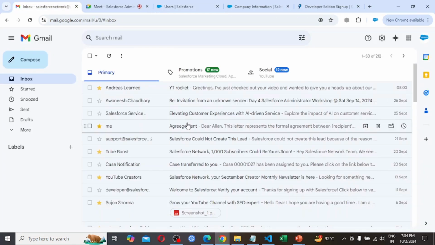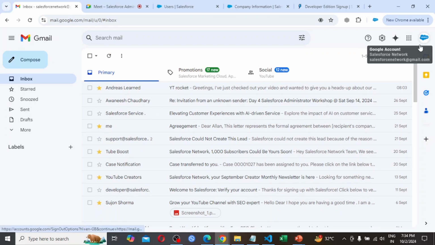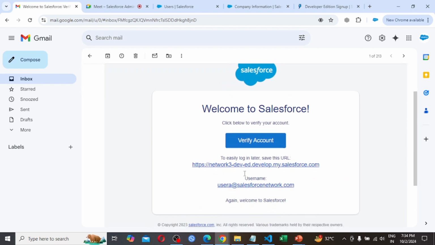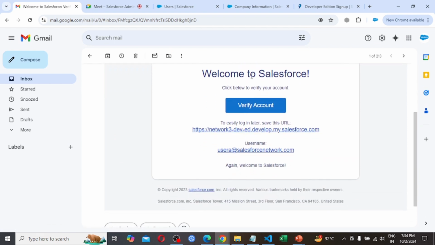So coming back to our mail ID, as in this case I am the only person who is getting the mail from Salesforce for user A. So yes, we got the mail. Welcome to Salesforce. Verify your account. So let's see. Welcome to Salesforce. Verify account. You have to click on this button, or by clicking this link also you are going to change the password.